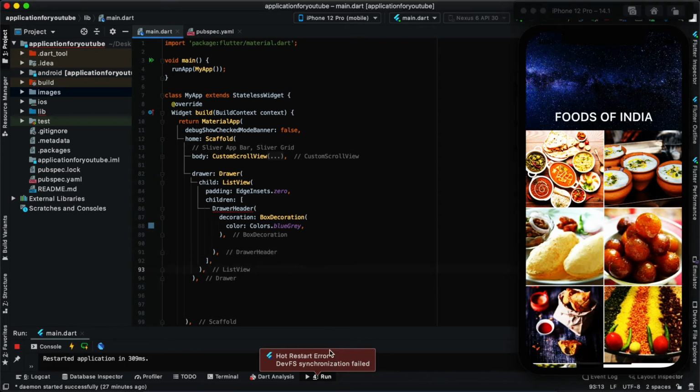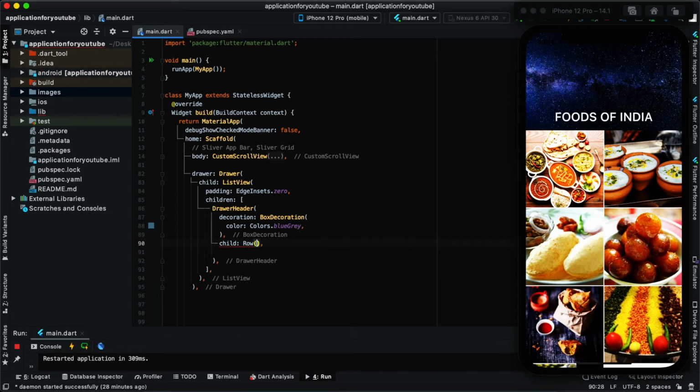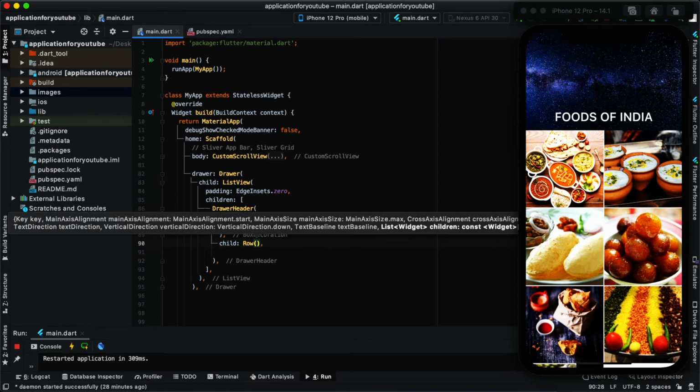So I'll provide this child, and inside this child we'll have certain rows, so that we can provide the list, and then we'll be providing one list and your icons.